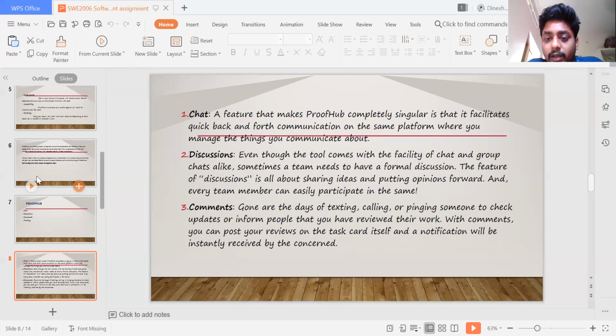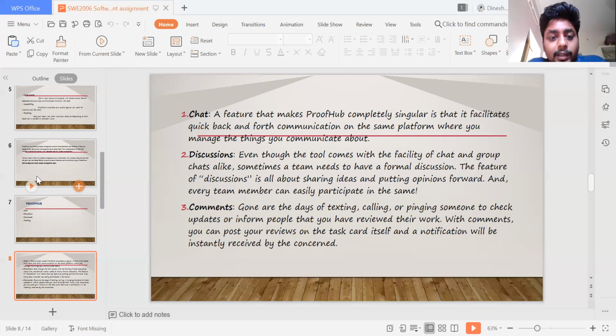Sometimes team members need to have a formal discussion. Every team doing a project definitely needs formal discussion, and this tool will help you with that. It creates chats and group meetings for sharing ideas and putting opinions forward, and every team member can easily participate.